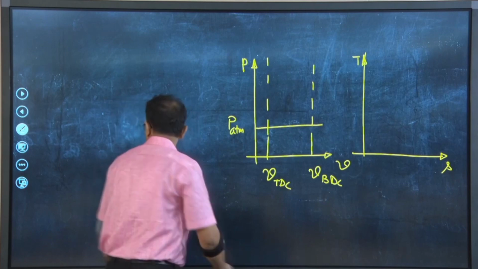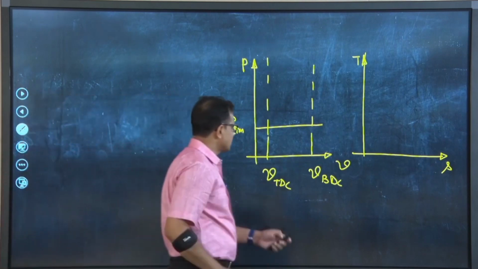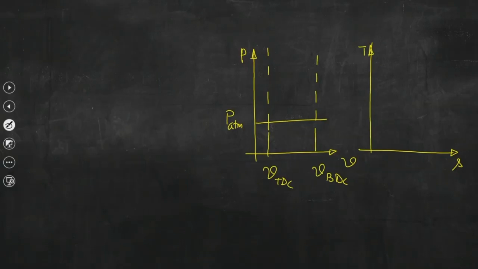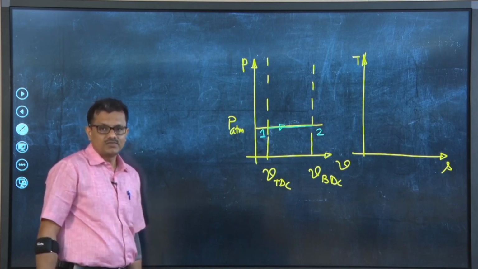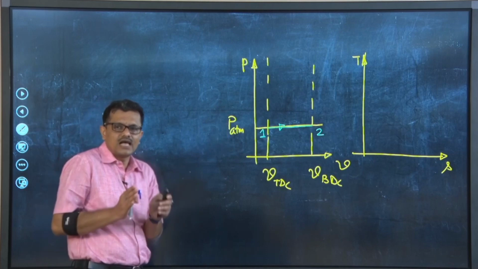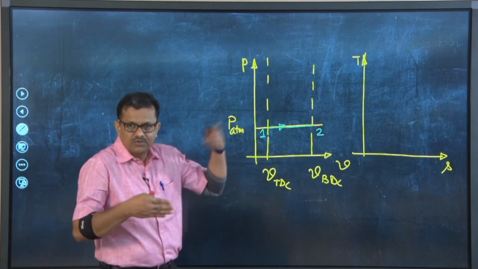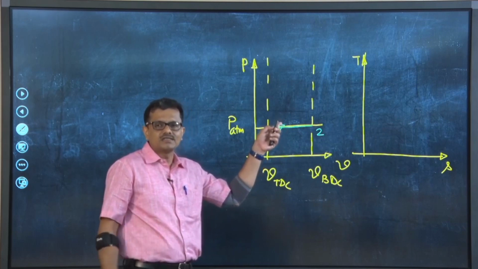Now, we can map the processes. So, the first process is intake. Maybe the piston is at BDC and is coming to TDC, and this is the process. Let us say this is point 1, and then it is coming to 2. This is a constant pressure process, volume is changing, and the pressure is the atmospheric pressure. Though we should have some pressure difference between the atmospheric pressure and the pressure inside the engine cylinder, and that is the driving force, it can be approximated as the constant pressure